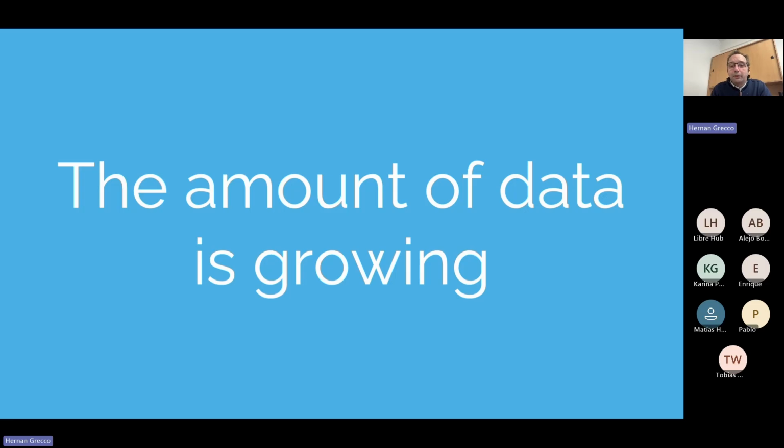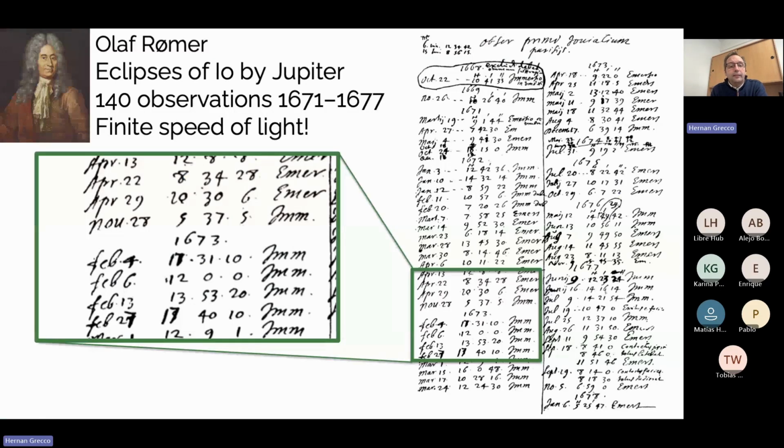Also, as experiments become more complex, the amount of data that we generate has exploded. For example, in the 1700s, Ole Rømer made 140 very careful measurements of Jupiter's moons, and with this he was the first to measure the speed of light, with a reasonably good estimate, by the way.